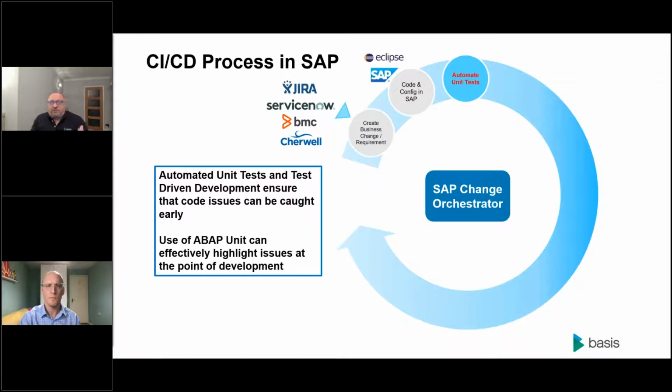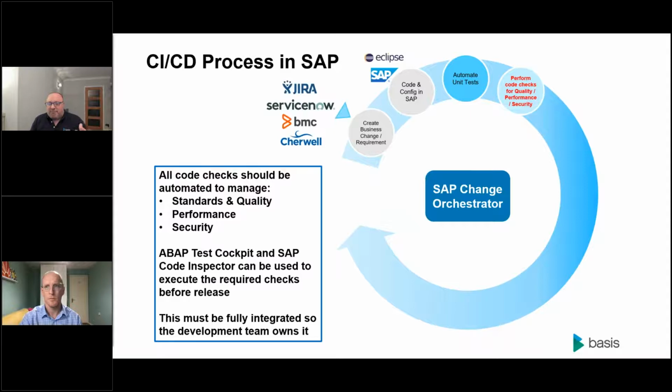And of course, it's not just about running automated tests. We want to run automated quality checks as well. So we want to be able to automatically do code quality checks, code performance checks, code security checks. Obviously, security is becoming a hotter and hotter topic in the age that we live. We need to make sure that people aren't inadvertently introducing potential security holes, or maybe even trying to do it deliberately. But all of these types of quality checks need to be integrated and automated in this development process